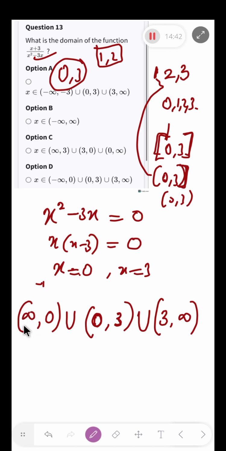So that means option D is very similar to what I need. x is a member of negative infinity, 0, union 0, 3, union 3, infinity. So option D is correct for this. Please take note, this is the domain of